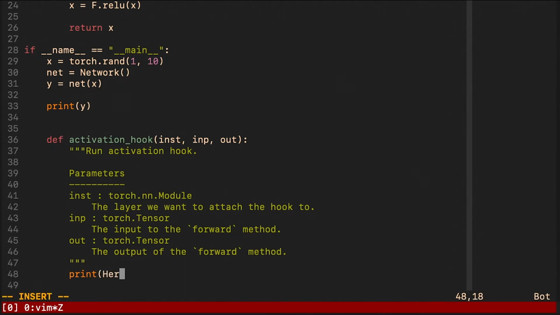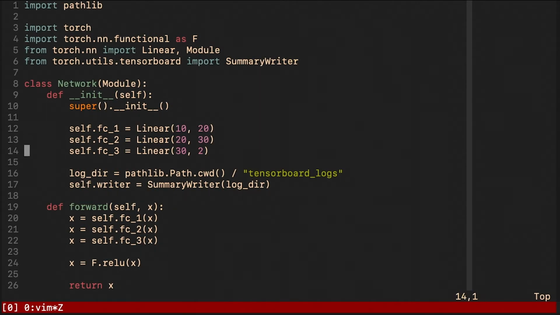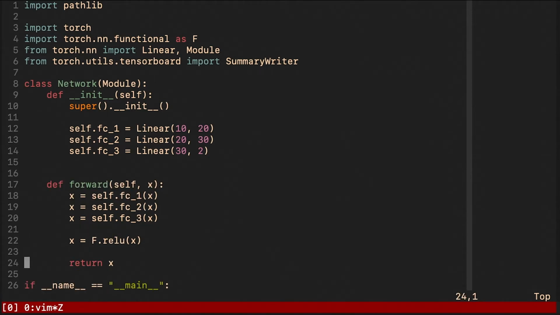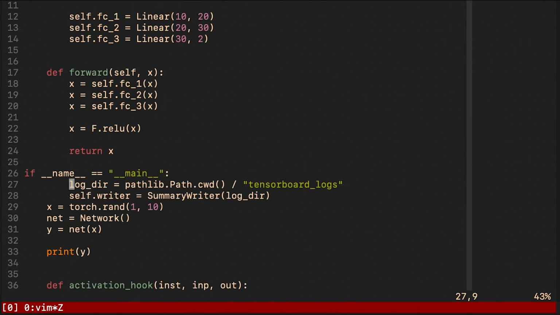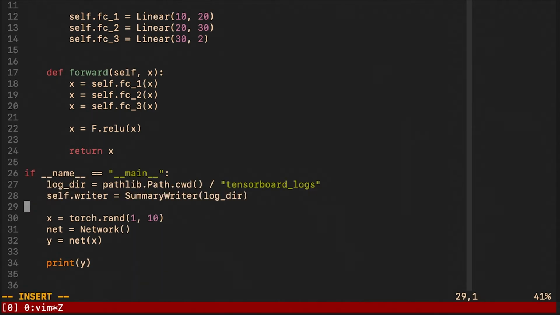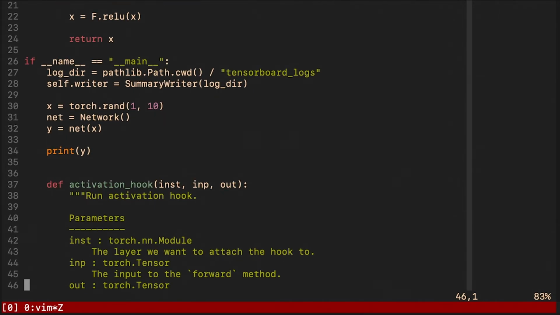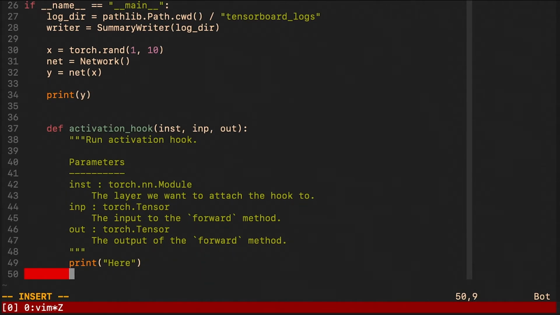First of all, let me just make sure that we can see then the standard output. And then we want to replicate the functionality of the previous example. And to do that, let me just move the instantiation of the writer to here, which is going to work okay in our example. Let me remove the self here. And as we did before, we simply take the writer and we add histogram.